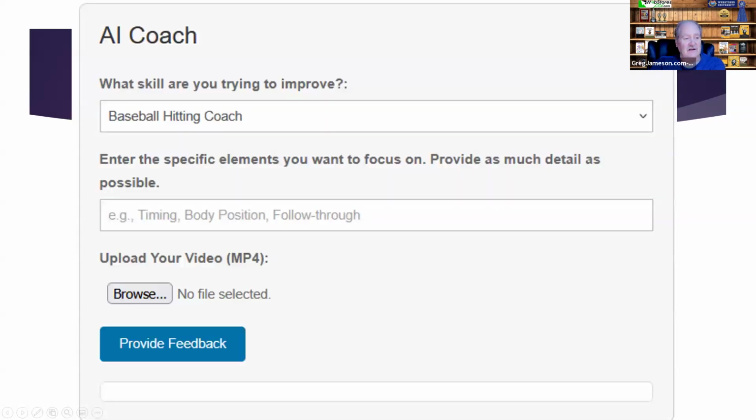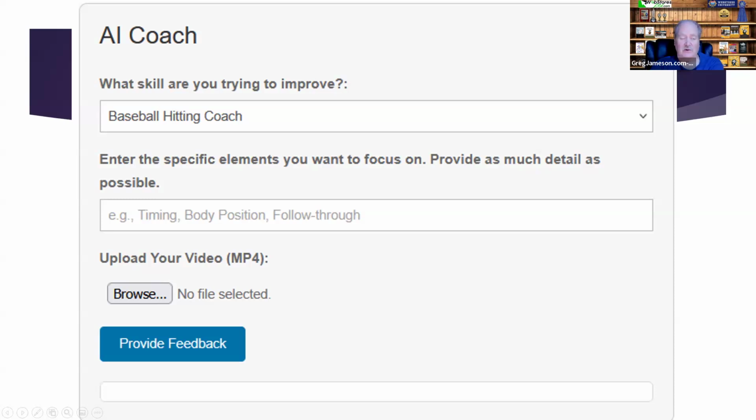And most recently, one that I have been working on, I'm calling Analyze to Win. It is a virtual AI coach. In this case, you can see up at the top there, it says baseball hitting coach. The guy that I'm doing this for is a baseball coach, and his idea is that he wants to be able to coach players when he isn't available.